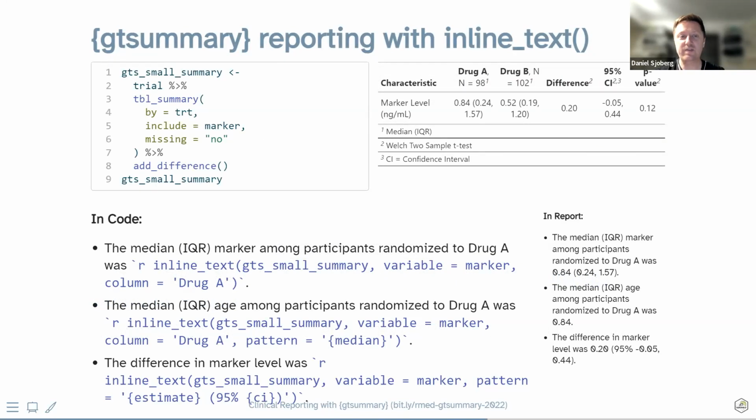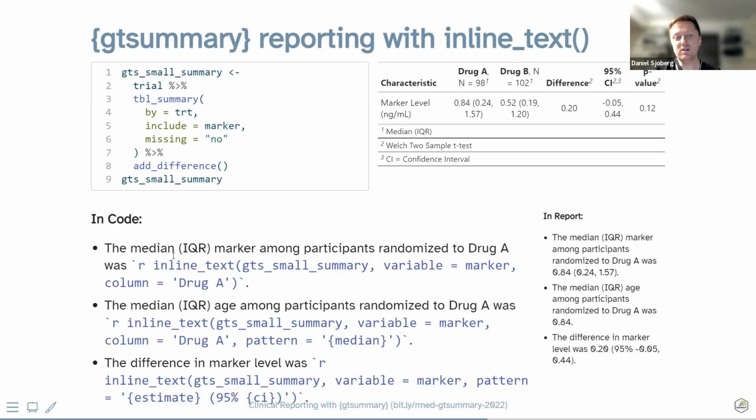So this is a lot of text for one slide. I threw this in here because one of the exercises at the end has inline text reporting from a tbl_summary table. So on the left here, we have what your code looks like.